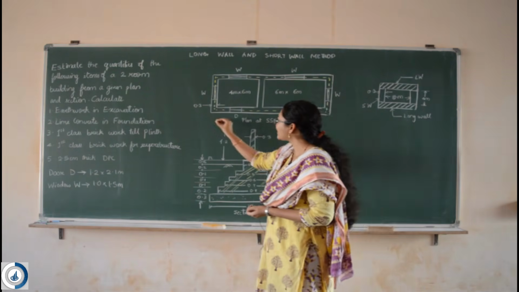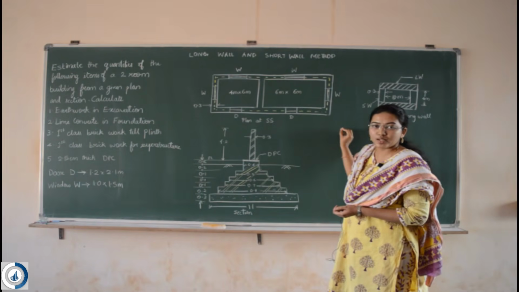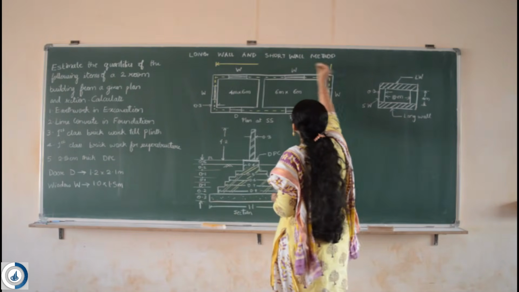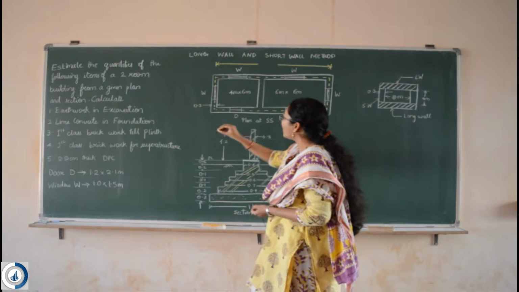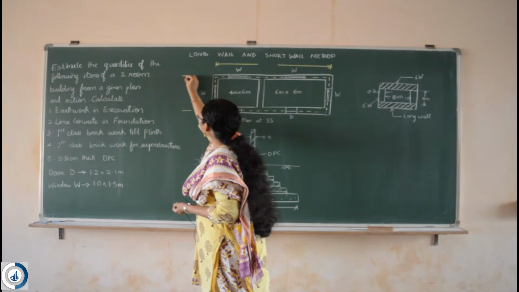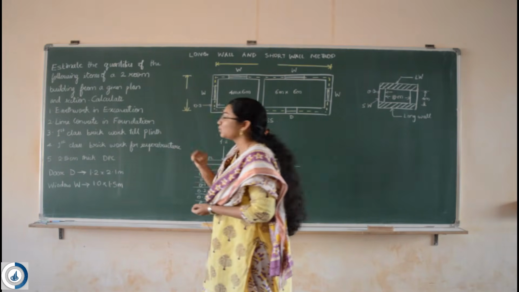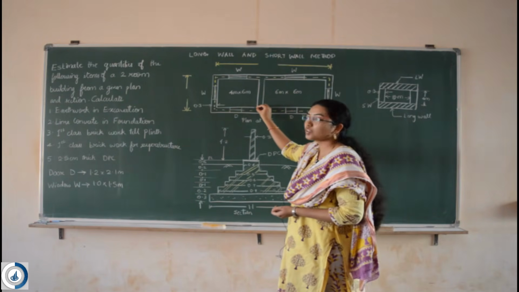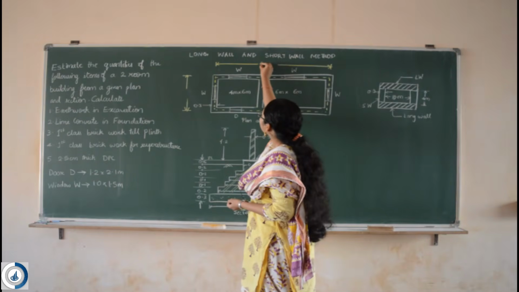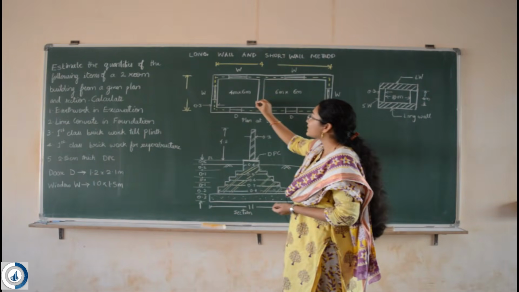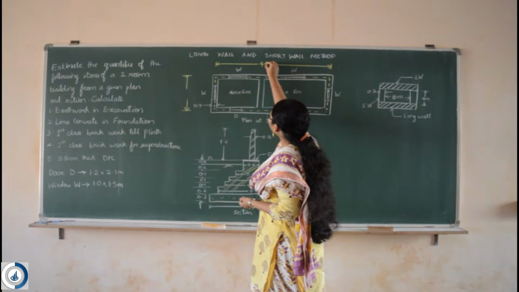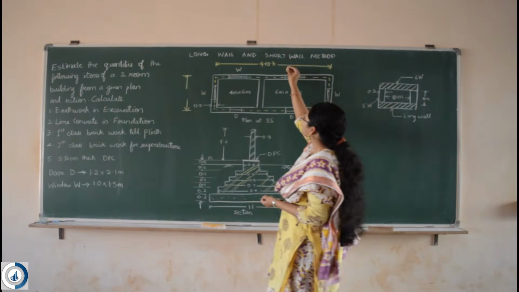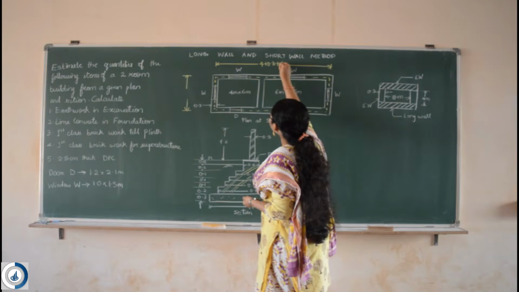Now we need to know the center to center distance of this particular plan, that is from this center to this particular center. Similarly, on the other side, from this center to this center distance we have to calculate. So how to calculate that? I already know the in-to-in distance for this particular room is 4 meters, so that is 4 plus the inside wall thickness, 0.3, so plus 0.3. Then here the in-to-in distance of this particular room is 6, so I'll consider it as plus 6.